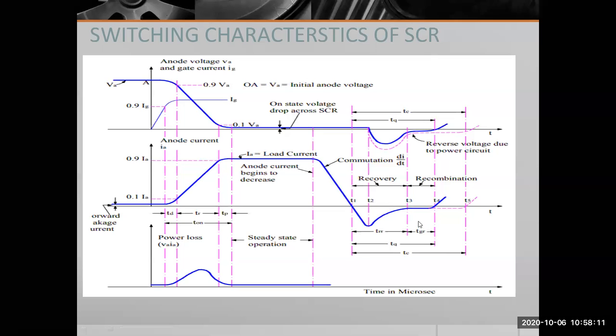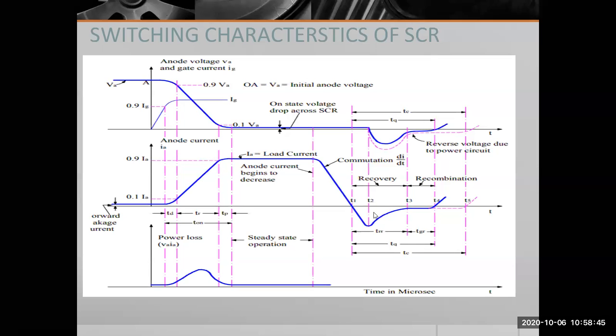In SCRs we have a gate recovery time, whereas in diodes there is none, because in SCR the excess charge carriers, when you give a command to the SCR to turn off, are present in all the layers. SCR has 3 junctions, J1, J2, J3,